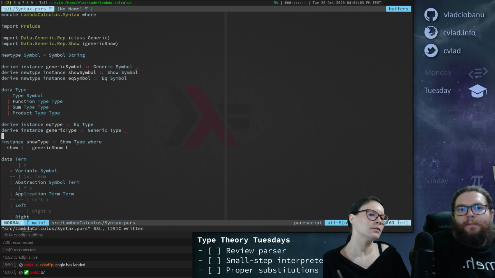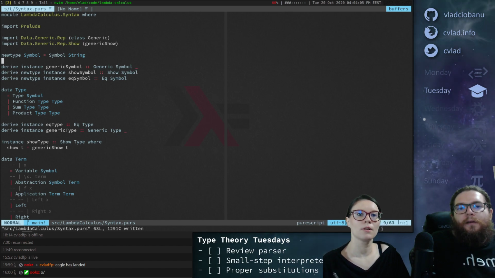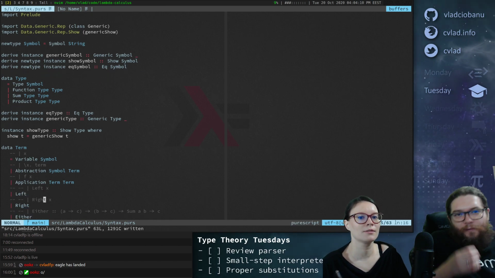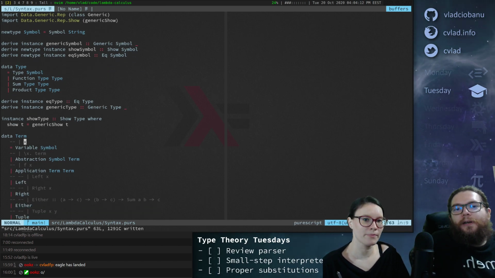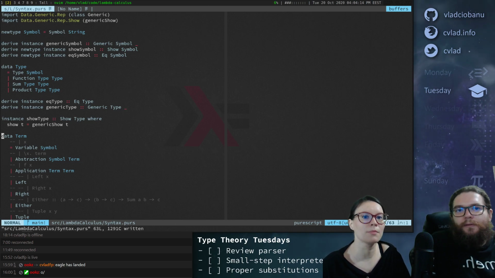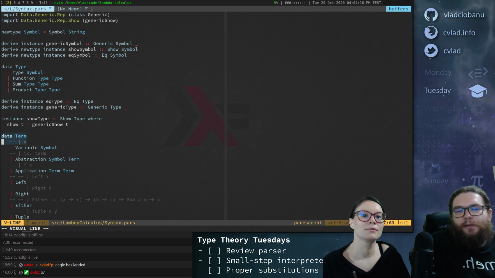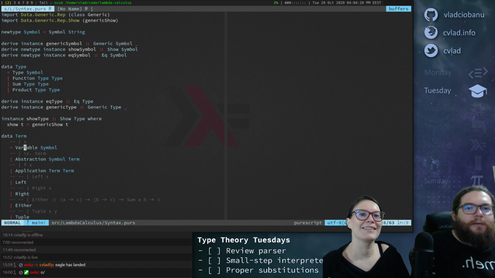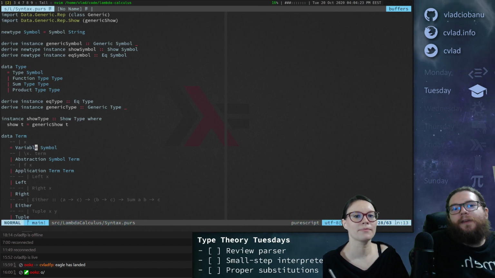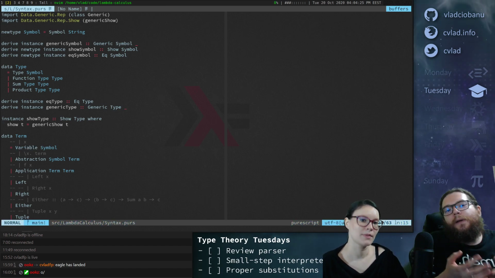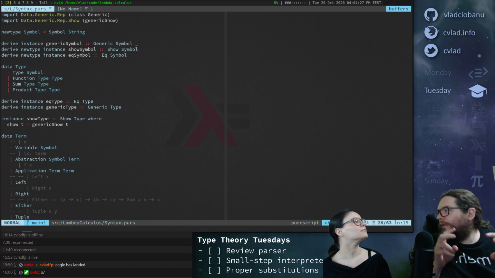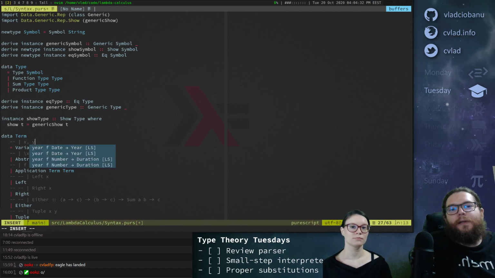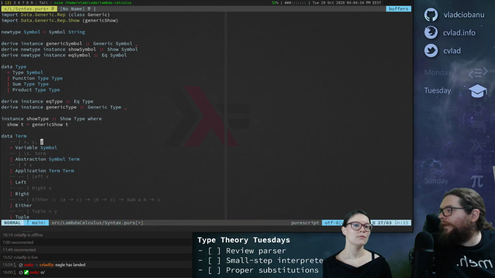Let's recall the syntax maybe. Sure. My memory, I'm getting old. So let's start with terms, right? So this is a variable, not a symbol, right? When I want to store a variable, I need to remember the symbol, which is like the variable name, essentially. So we can write x, we can write y, we can write z, whatever. These are all examples of terms.